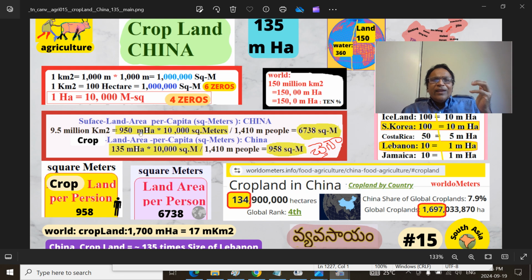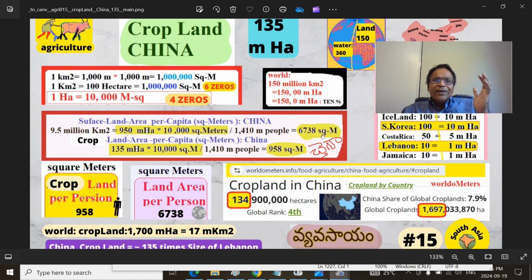And if you convert to square meters, you add four zeros, so this is 950 plus four zeros. How many people are present in China? In 2024, roughly 1410 million people. So you divide 950 followed by four zeros by 1410, you get